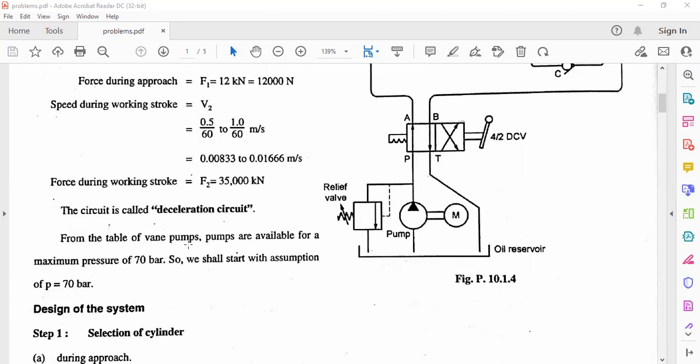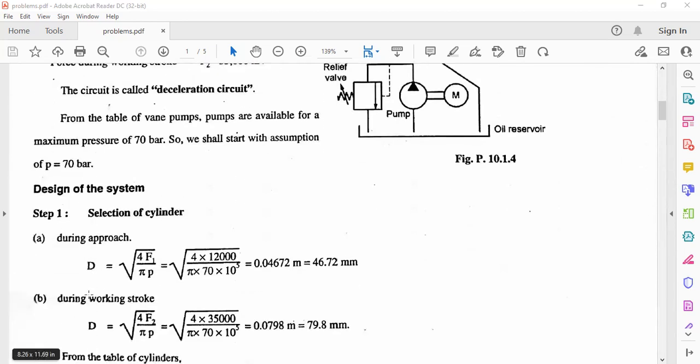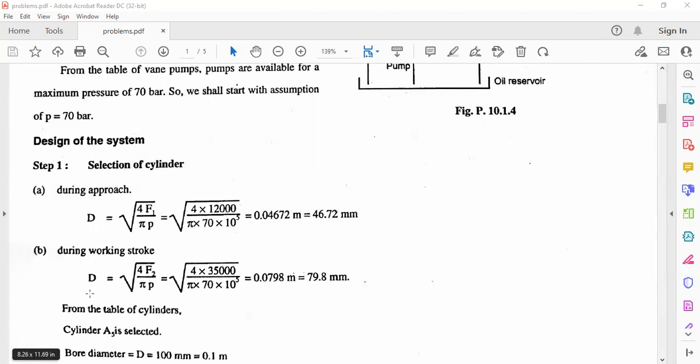From the table, vane pumps are available for maximum pressure of 70 bar. So we shall start with the assumption of P equal to 70 bar. Design of the system. Step 1, selection of cylinder. A, during approach: D equal to under root of 4 F1 upon pi P, 4 into 12,000 upon pi into 70 into 10 raised to 5, equal to 0.04 meter,